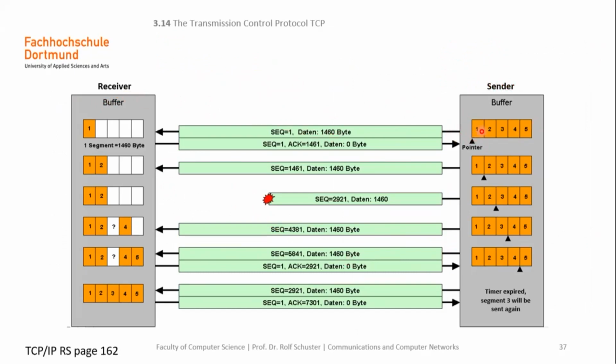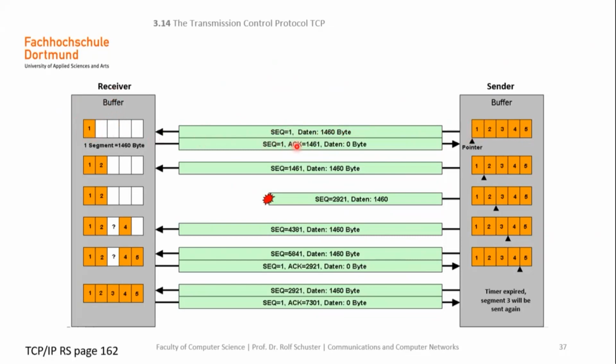We need to transmit, for instance, this data with the sequence 1, for instance, this amount of bytes. And if the receiver side receives correctly those first bytes, we'll store this information in the receiver buffer and send